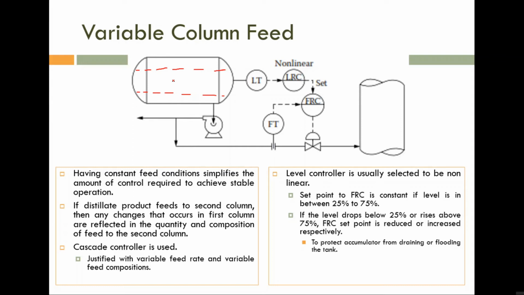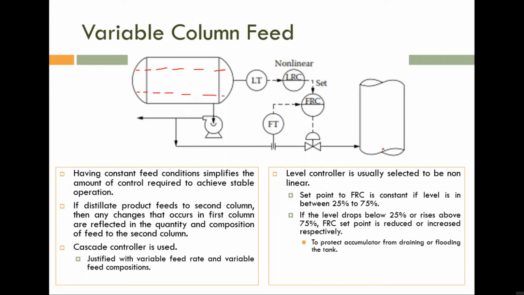Means the flow rate of liquid distillate, or the feed of this second distillation tower, is maintained constant, because the most important one is what? The feed flow rate, because any variation in feed flow rate will affect the stability condition of second distillation tower. In previous slide we discussed about that. Any variation in feed flow rate, feed temperature, feed composition will change the equilibrium condition of second distillation tower. So that condition must not be affected. Okay, so normally the set point of this FRC, means the flow rate of liquid into the second distillation tower, that feed of second distillation tower is maintained constant normally.